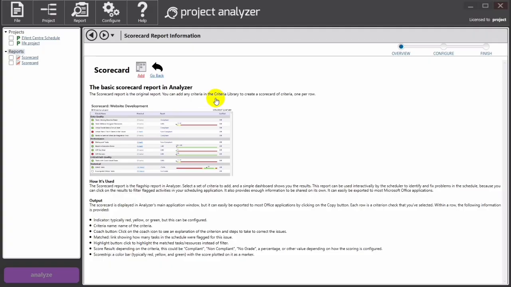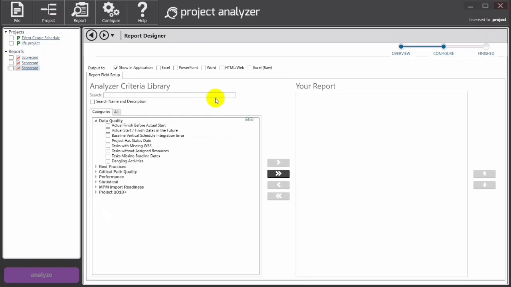So we just give it a few minutes for it to load. So this is what you're going to do. Data quality, we're now going to impute, let's say, tasks with missing WBS, tasks without assigned resources,